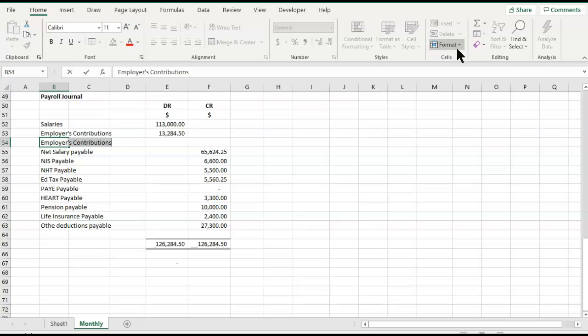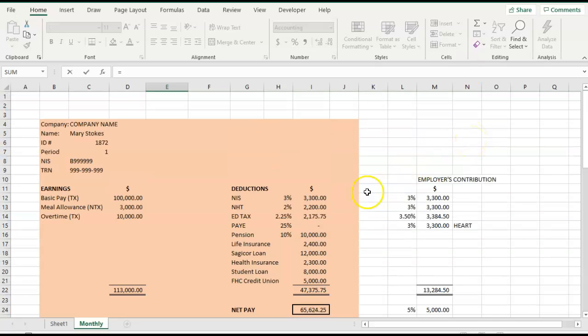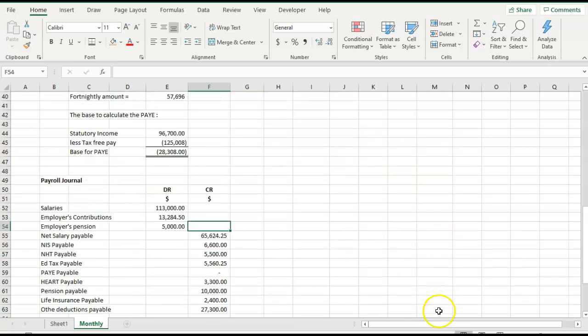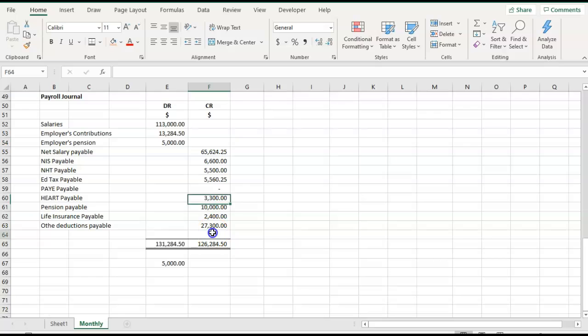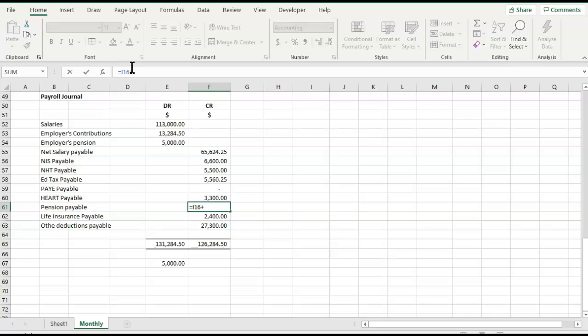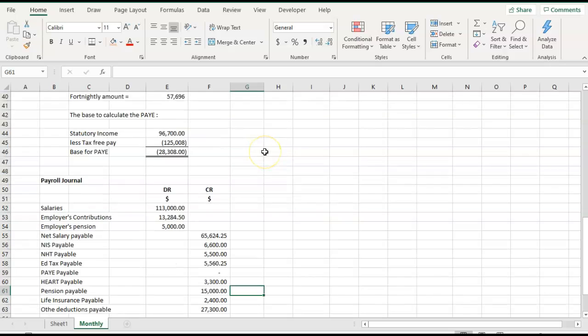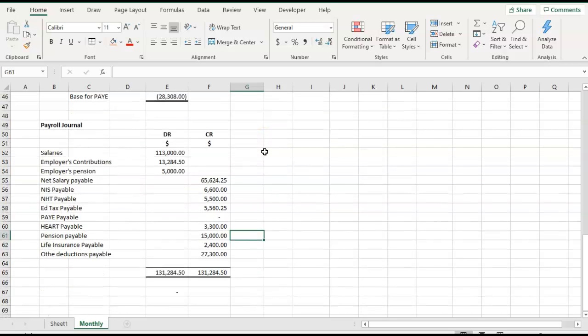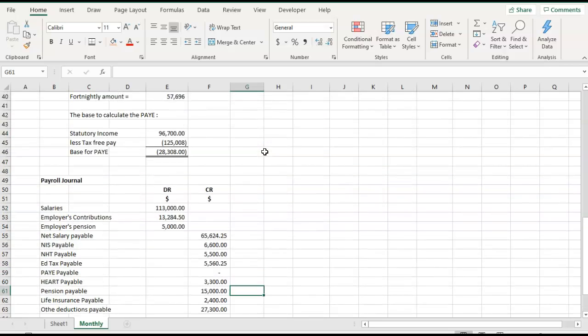Employer's pension of 5,000 as the expense, and also pick it up as liability. So the employee will pay 10 and the employer will pay 5. And so we're good. Okay, so we're finished now with the monthly